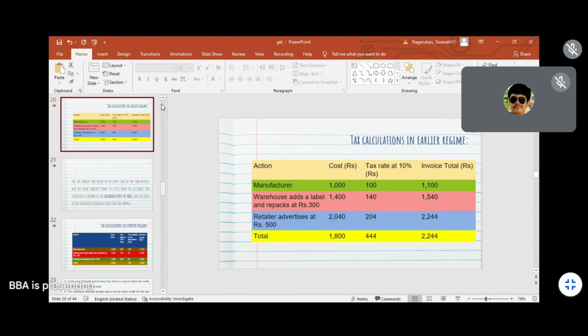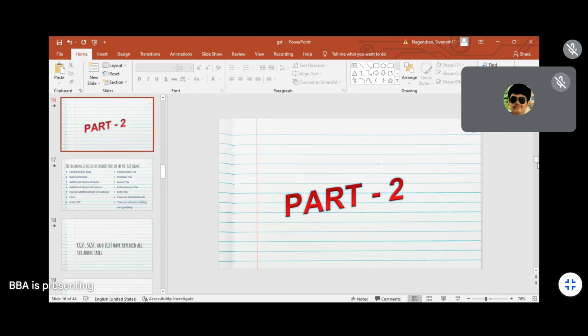Because with the help of the old tax system they had earned so much profit, but now they are not able to earn that much. So that's the reason many of them were against the GST concept. Sometimes the reality is very hard to accept, but this is the truth actually.